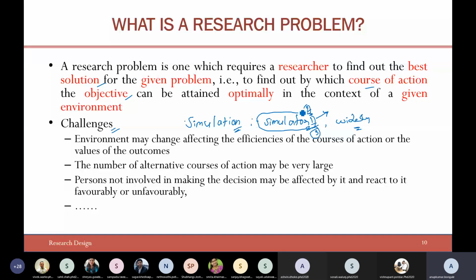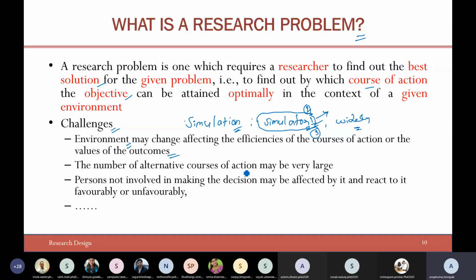So when you are asked why you are using this particular simulator only, what if the underlying environment or configuration is changed? Will it affect the results? So these are the different challenges. That is why you need a lot of thought process before finalizing the problem statement. You should think, okay, this could be the simulation environment, this could be the simulator that you would like to use. What if the underlying parameters or environment is changed?